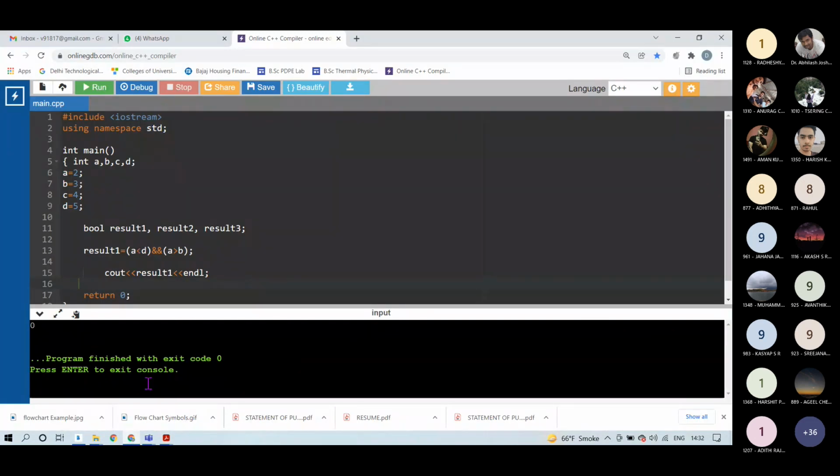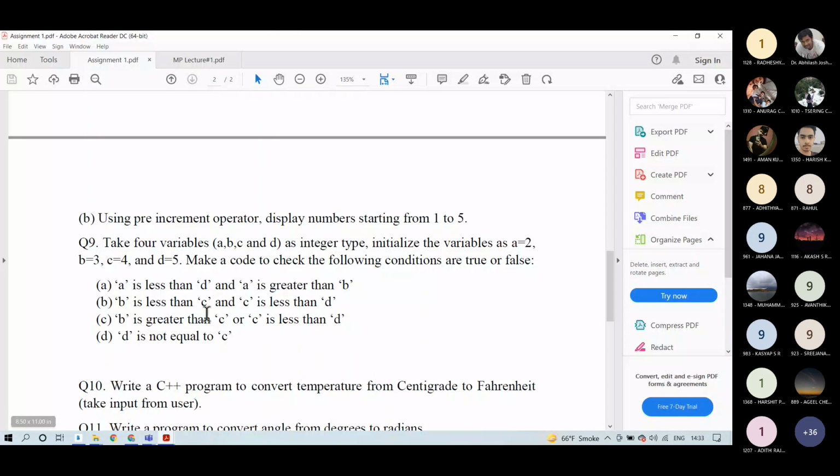For each of these four conditions, you have to make an expression, store the result of these operators into different variables, and then display the content of those variables. You can easily do this.